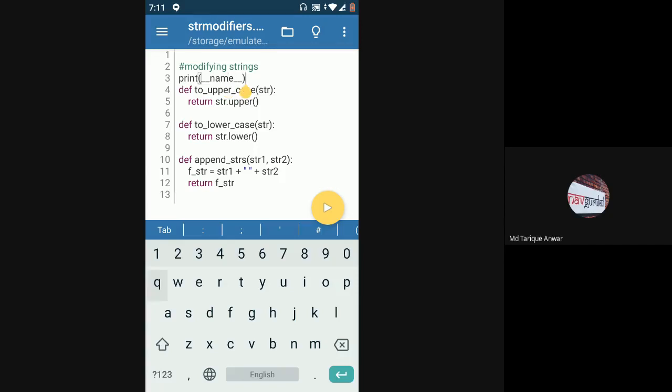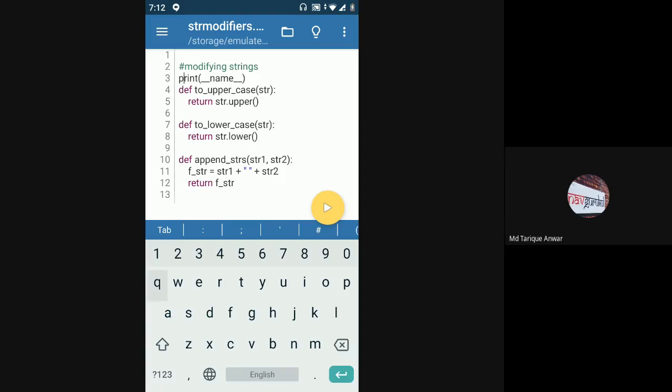Okay, so what happens is if I'm using this str modifiers module in some other file, I'm importing this as a module in some other file. In that case, this __name__ gets stored as the module name in this particular variable.